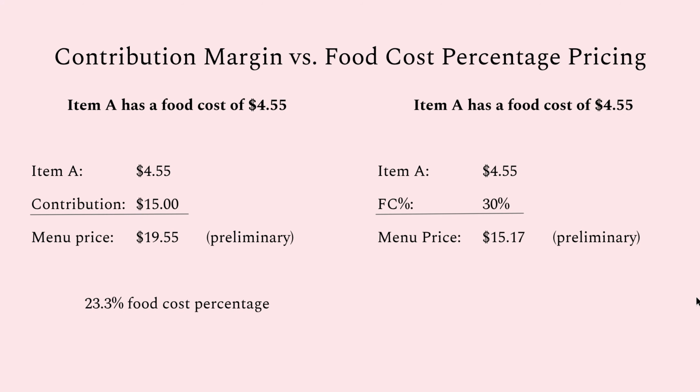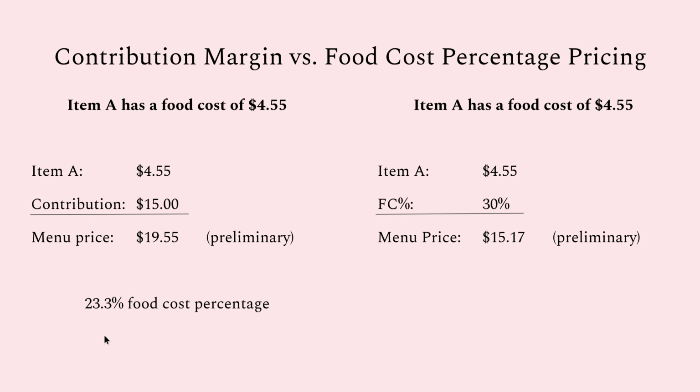Example, these are just two random menu items. This is the cost per plate. So both cost $4.55. With that contribution, which we just worked out of being $15 plus the food cost of that single dish, this is our preliminary selling price, $19.55. Taking that menu price in comparison to our actual food costs,